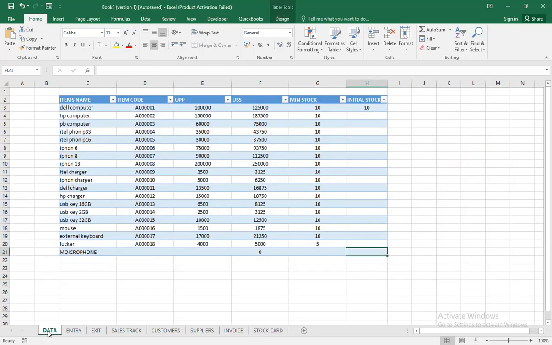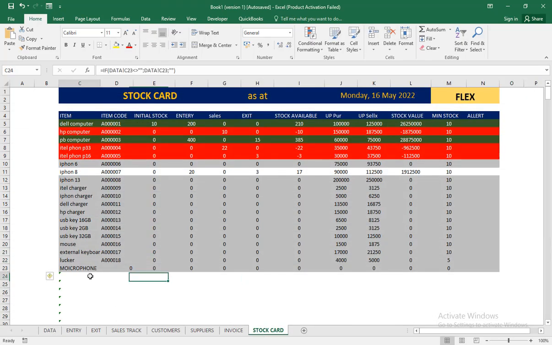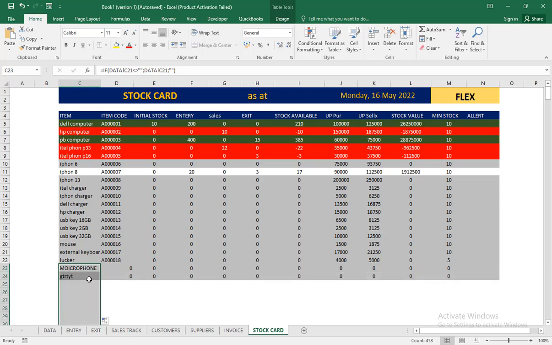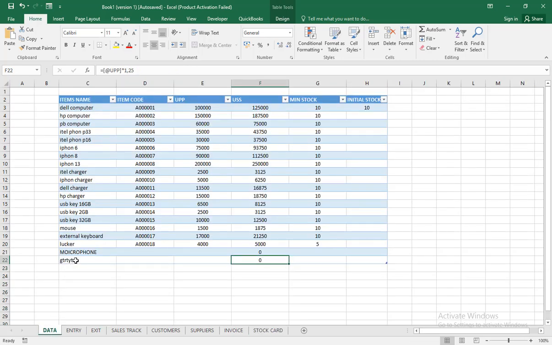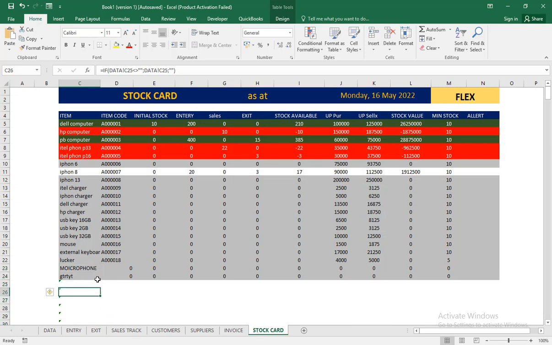If I come in my data list and I add a new line, I add a new product. Let me just put anything inside. So when I come here to the stock card, normally I am supposed to have that new product. So it's something that happened. Okay. So when I come to data, let me say I add another new line. So if I add any new product, automatically in my stock card, the new product